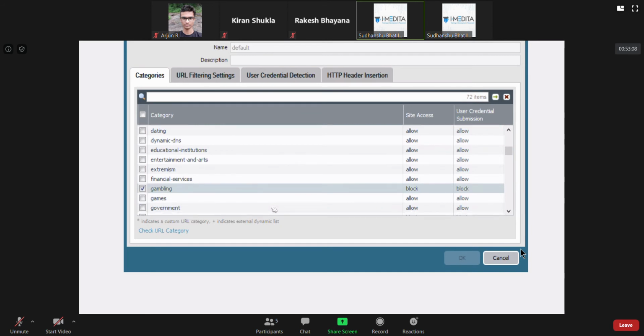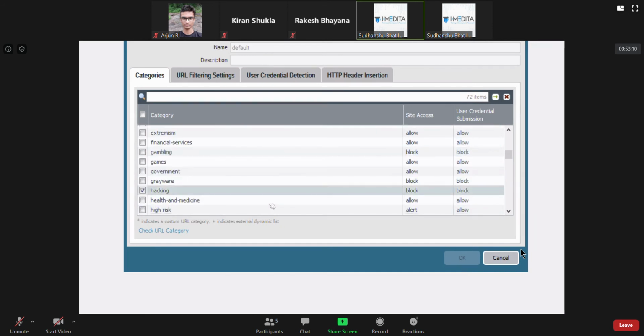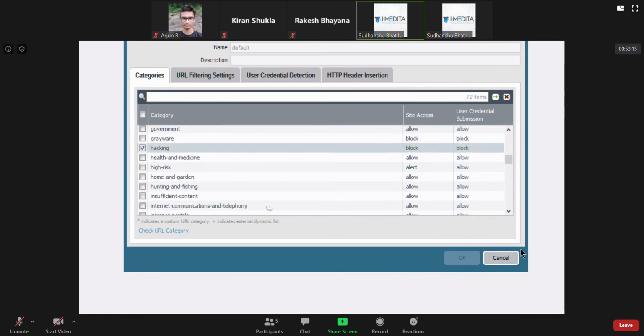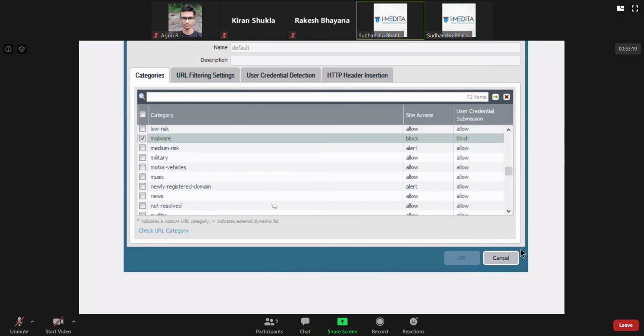These are some of the things: hacking websites, malware. Most companies would not want to allow these.